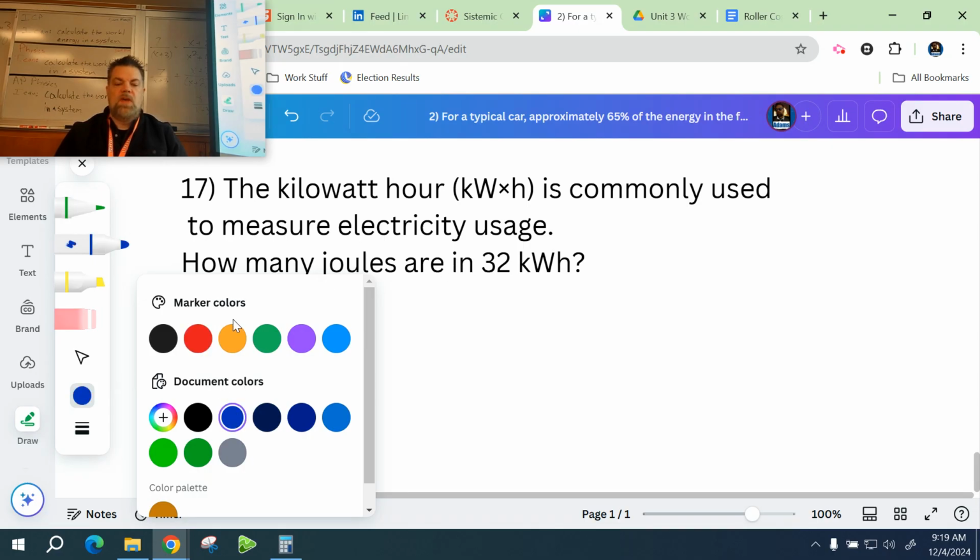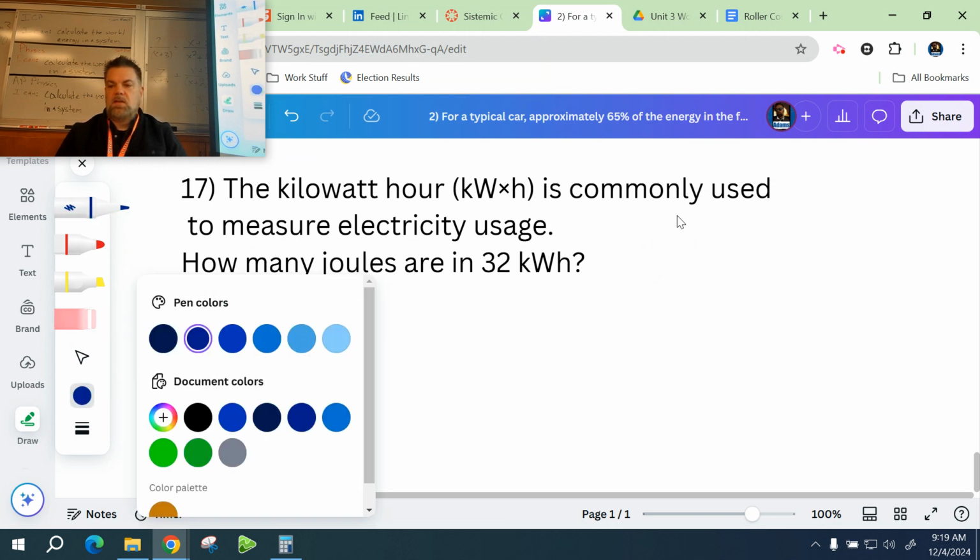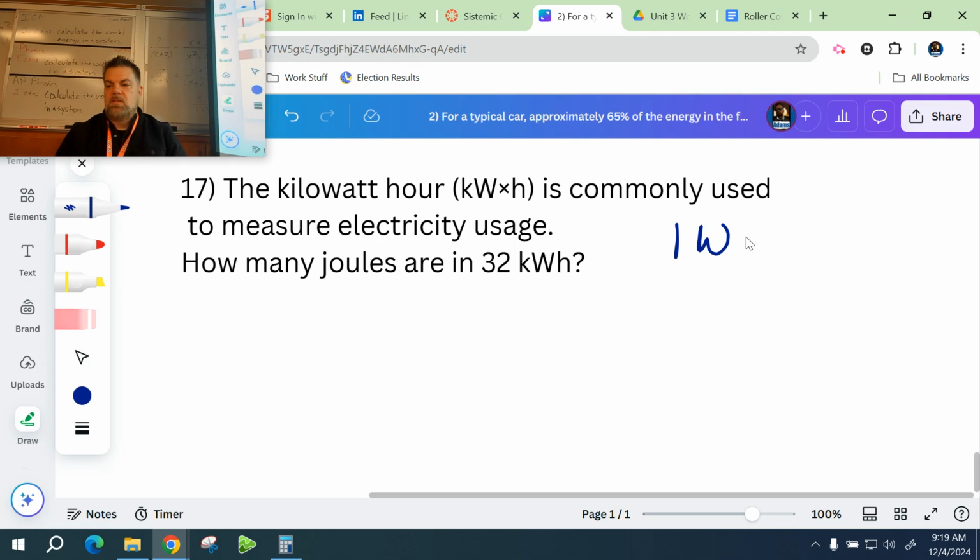Well, what you need to know is that one watt is equal to 1 joule per second. So watts is a measurement of joules per second. So we're going to convert this, and we'll end up with something joules per second. Okay. So if I say 32 kilowatt